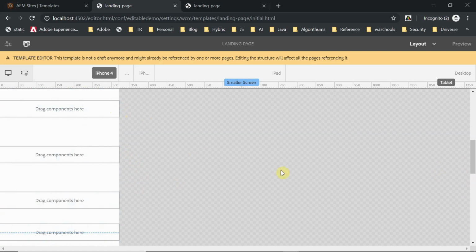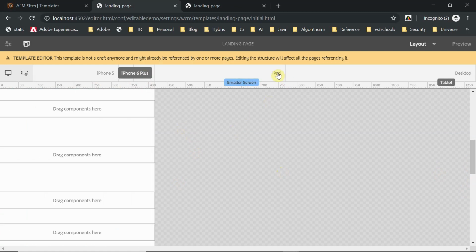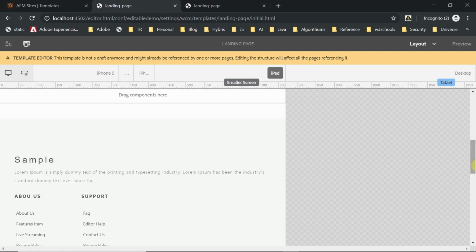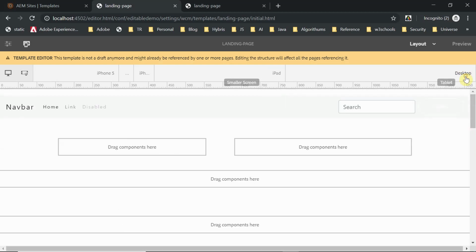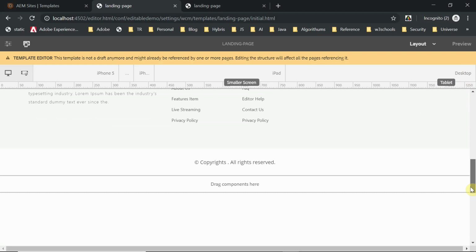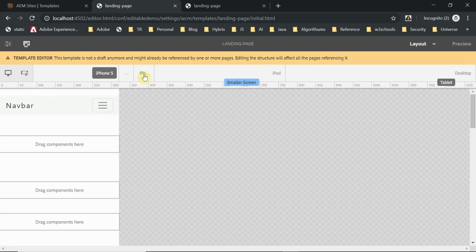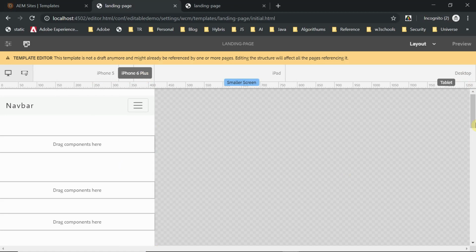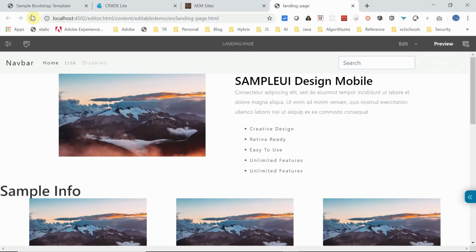Okay, this is done. Now iPhone 4 the view looks like this, iPhone 6 Plus all the same. If you go to iPad, this view is again the same, it will not change, we are fine with that. Go to the desktop, this is the view, it's the same view, there is no difference. So only the phone view is changed for now, whether iPhone 5 or iPhone 4 or whatever the phone version, it will display in this stacked manner. Now go back to the page again, just to refresh it.